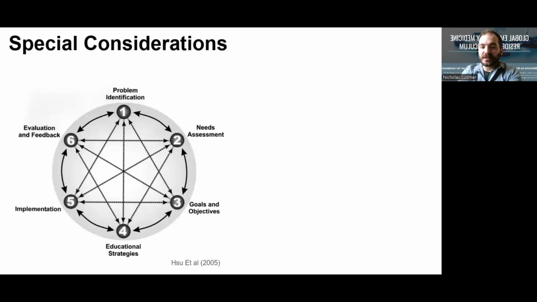So the basic steps of the Kern's model for curriculum development are fairly straightforward and start with problem identification. Within the context of a basic emergency care course lecture, you may think something like, oh, the need for the problem identification is already there. It's the development of emergency care. However, it's important to stop here and think back to some previous lectures in the series, including the Global Health Equity lecture and ethics. And remember that when thinking about problem identification and needs assessments,